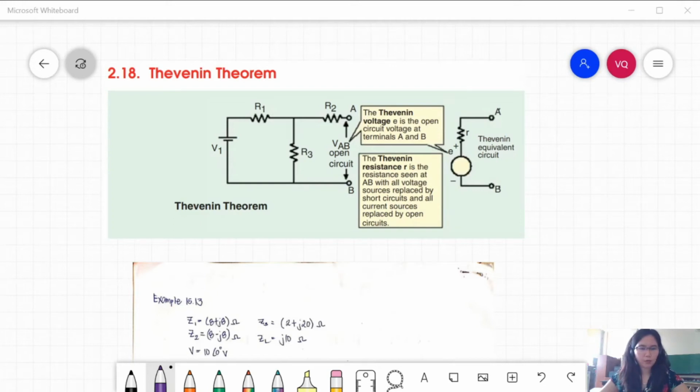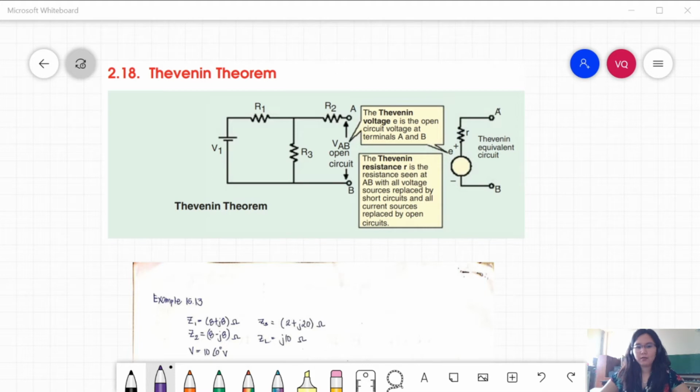Next topic will be Thevenin's theorem. It is the same principle as in DC networks. As applicable to AC networks, this theorem may be stated as follows: the current through a load impedance, ZL, connected across any two terminals A and B of a linear network is